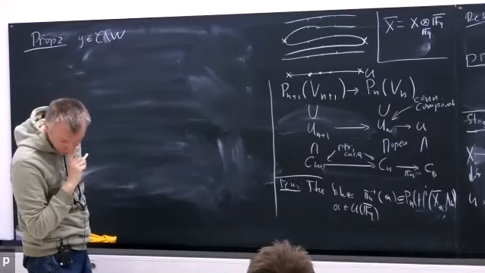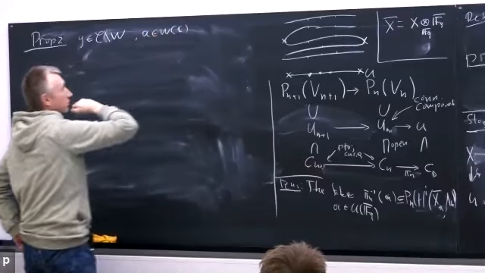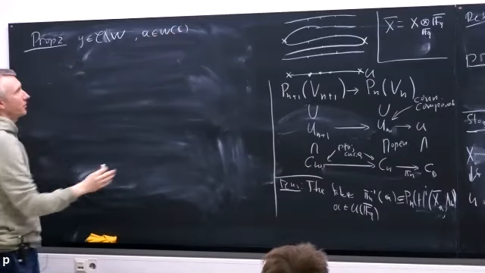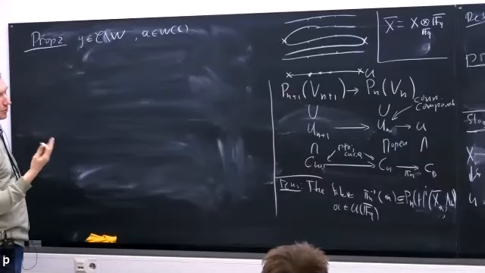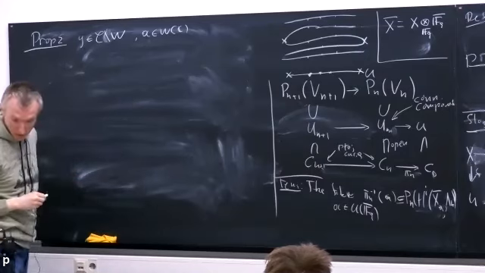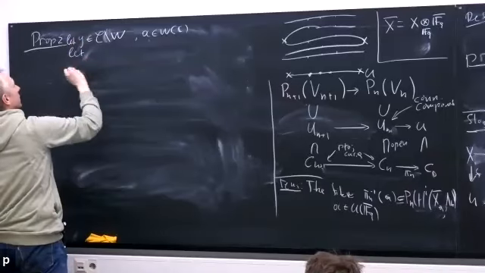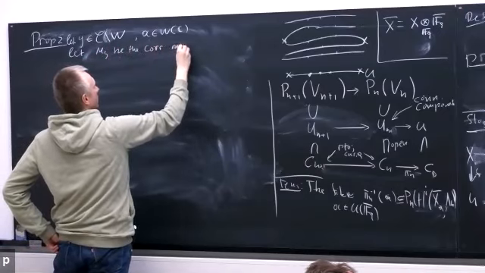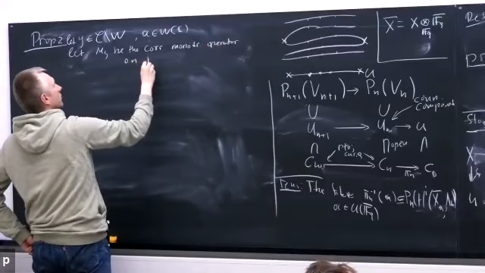And just fix any point inside W, because we are talking about monodromy and fundamental groups, so we have to fix a point in the fiber of this point. Everything will act on the cohomology of this fiber. That's why I prefix this A. So let My be the corresponding monodromy operator on each I.